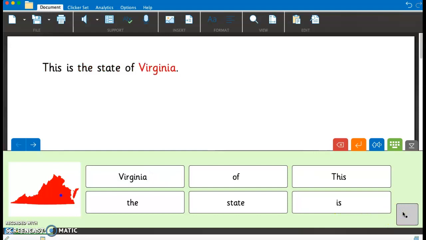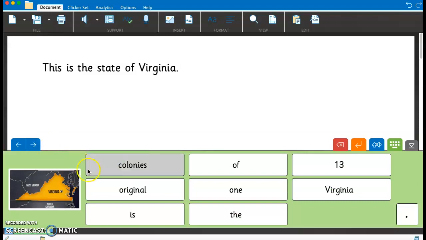This is the state of Virginia. So as you see here, it reads the sentence to you, and so teachers will be able to shadow the students, make sure they are doing the assignment correctly, where they will have to click all the words in here. For students who need sentences that are more complex, we'll have to do an assignment something similar to